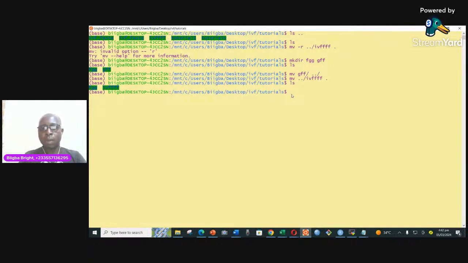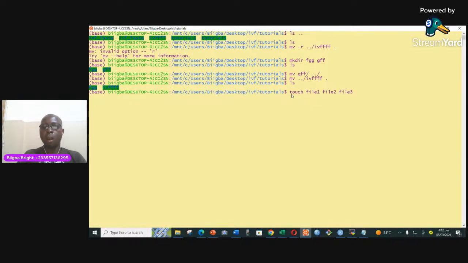I think I should do a different video for that, on how to create files and then move the files around between directories and so on. But to give you a preamble of what that means, if you want to create a file, you use the command called touch. So if I say touch, I can have file 1, I can have file 2,